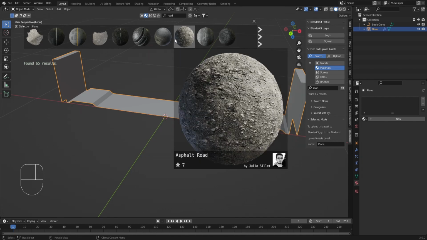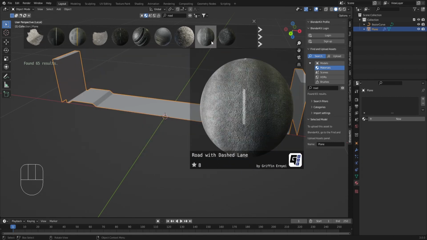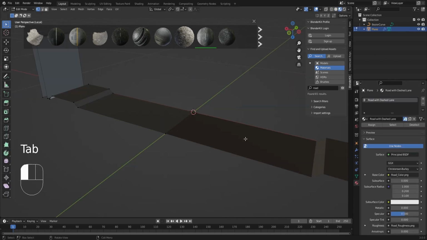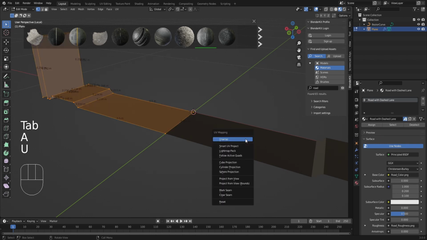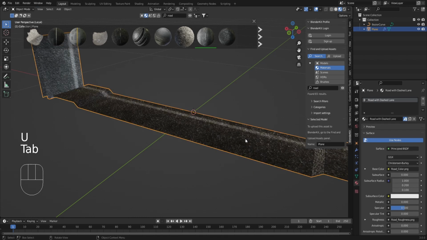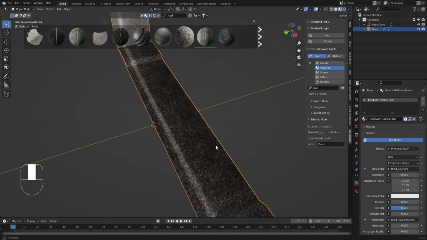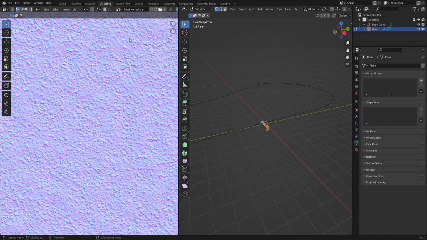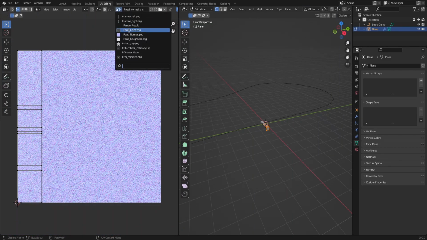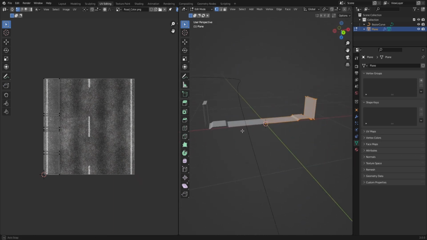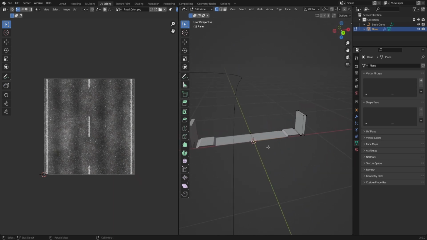I think I have used these before, and I think this one seems to be the one. Road with dashed line seems to work pretty good. So now this is here. If I select all of them and then unwrap, you see that since it has been unwrapped, the material has been applied, but it's not correct. So we go to the UV editing, select the road color, and then select only the road, the part we want. I'm pressing 3 to select the road,